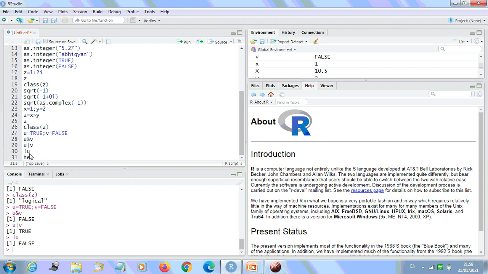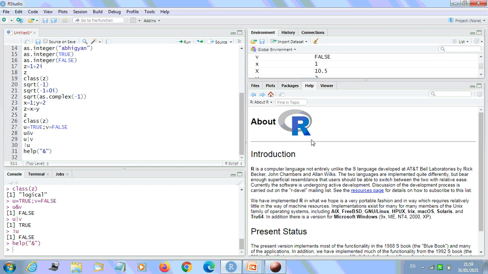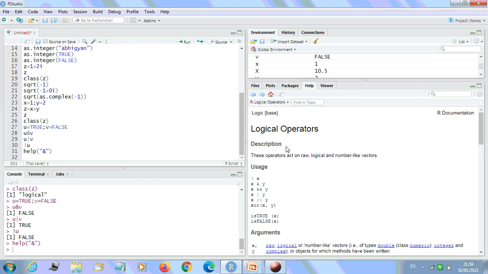to take the help from RStudio. So you can type help, and whatever operations you want to be helped by RStudio, you can write here itself. So you have this one, AND operation. Okay, and just execute it. You are going to get it run here itself. So what will be the help? Help will come here itself.